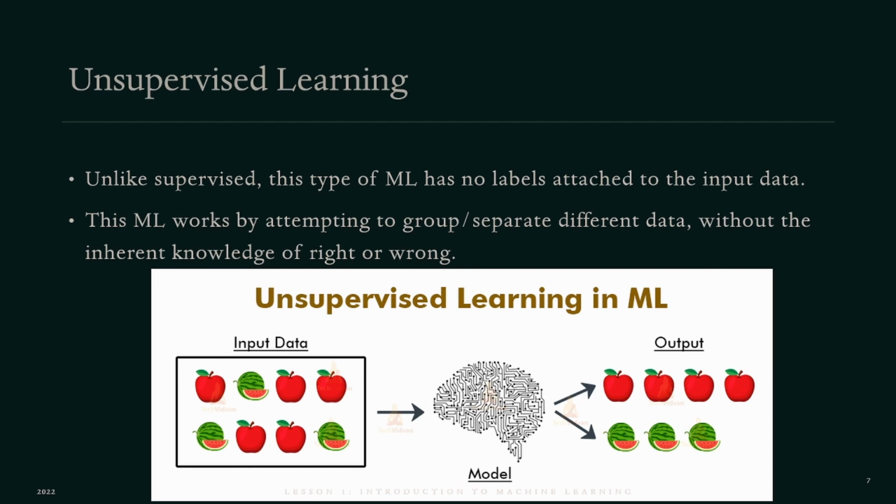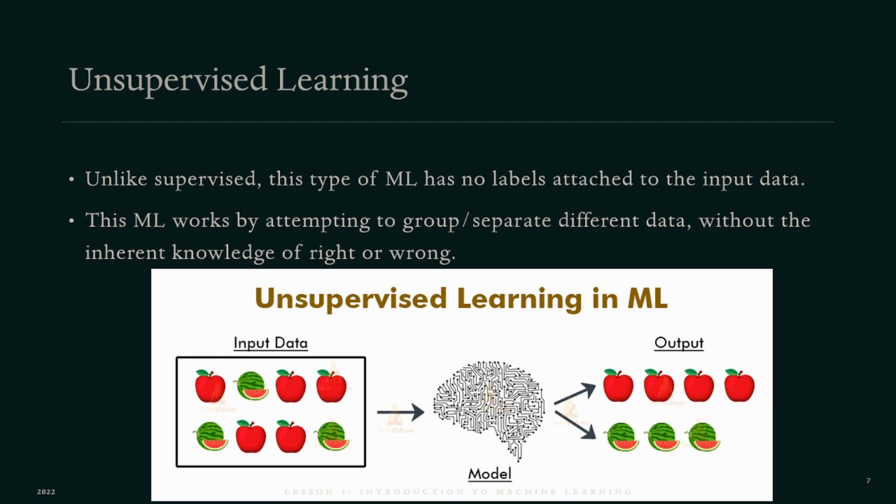Exactly. That is the exact point of unsupervised learning, to not actually know right from wrong, because these are questions that you, the developer, might not actually know. What is the correct answer, or what is the wrong answer? You don't know right from wrong, so how is the model supposed to know right from wrong? And that's the beauty of unsupervised learning, is you can actually learn stuff from the machine learning model.